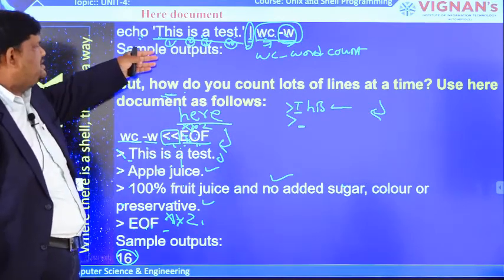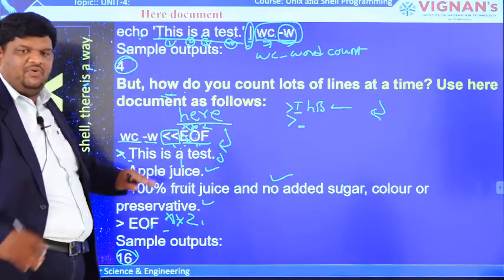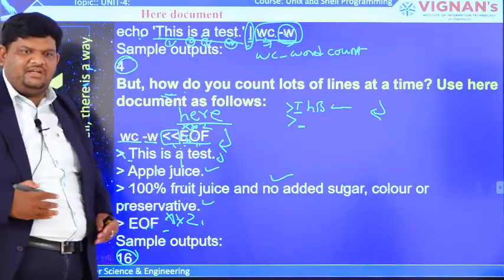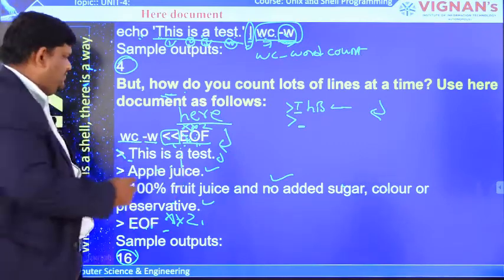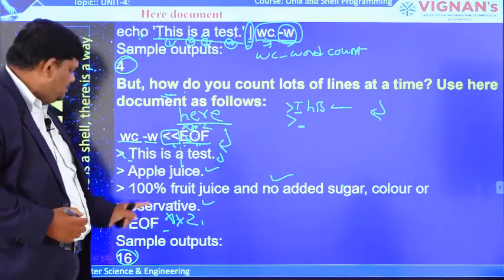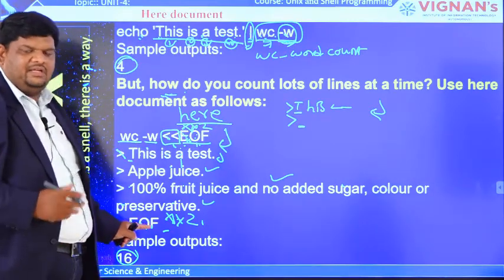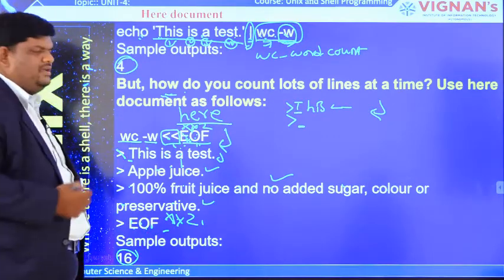Without a here document, for only one line of text, an echo statement is sufficient. If you want to provide multiple lines of data, then it is possible only with the help of a here document. So with this syntax we have to give one delimiter. When the shell encounters the delimiter here, it takes that as the end of the here document. In this way we are going to use the here document.